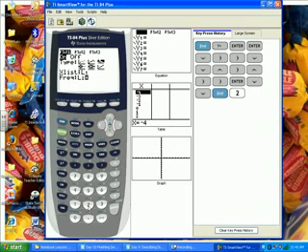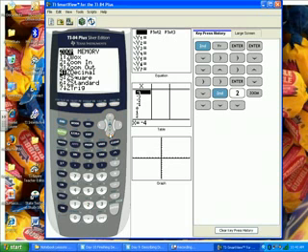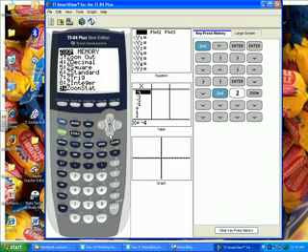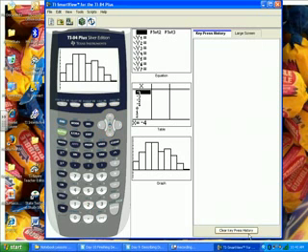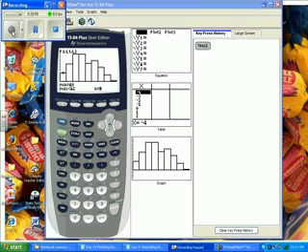Now we're going to ZoomStat because it'll automatically fit a beautiful window for us. So Zoom, go down here, look at number 9. Boom. There it is. So there's our histogram, and we can see it's unimodal and somewhat